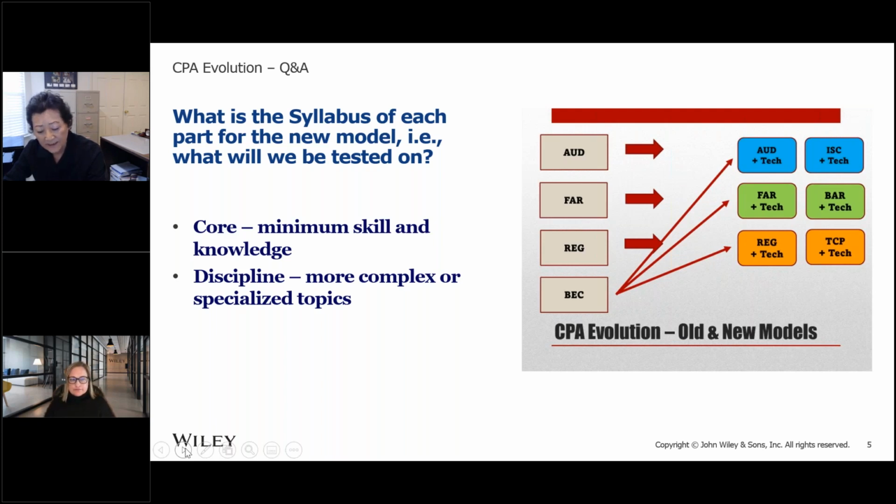In the core areas, they've tried to focus on the minimum skill and knowledge levels. More complex or specialized topics have been moved to the discipline areas. They've also deleted some content, for example, business law, and then added some other content. What have they added? The new model contains a much heavier focus on data analytics and something they're calling digital